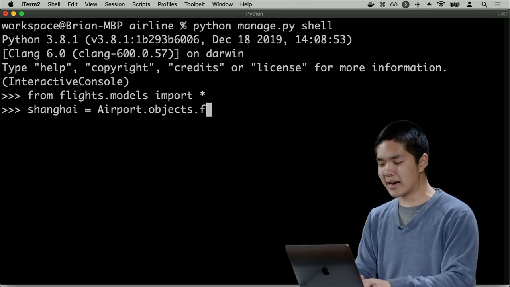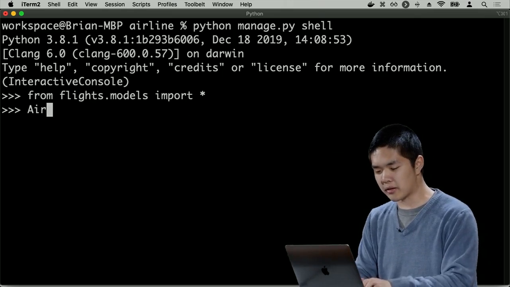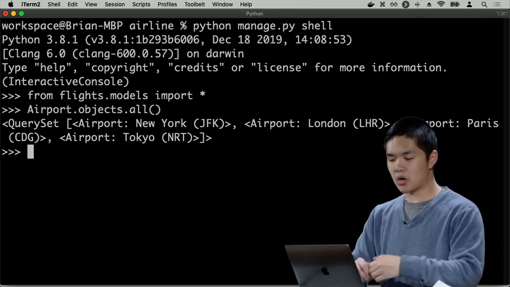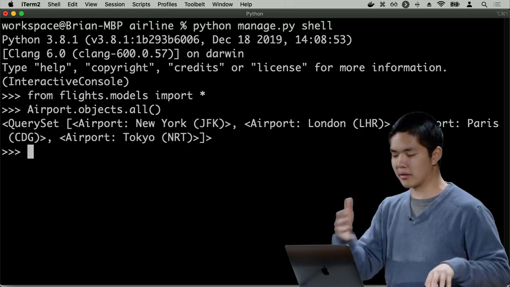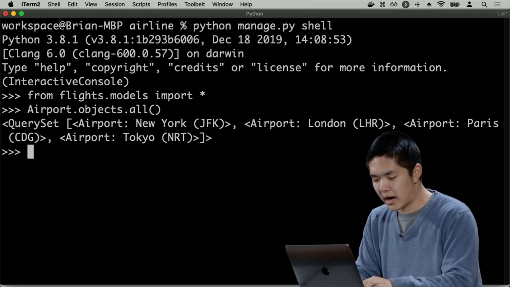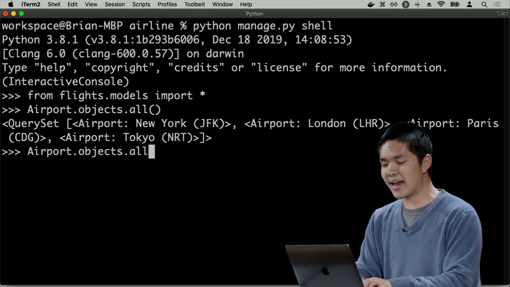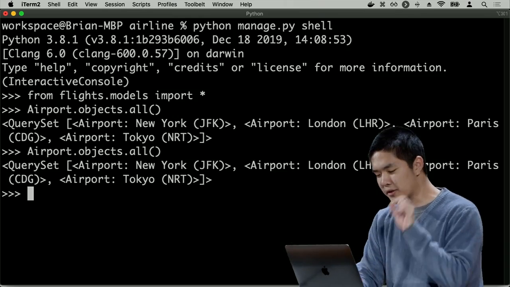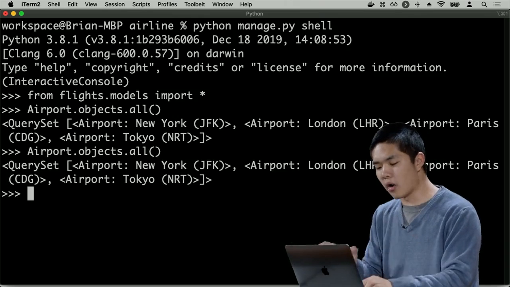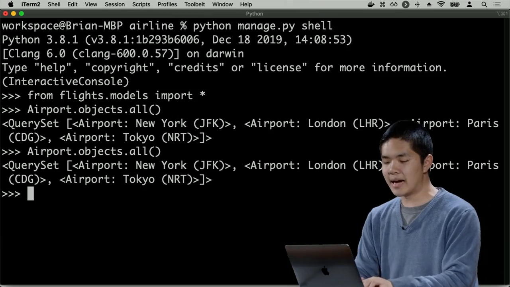and then I can say, if I do airport.objects.all, that gets me all of the airports, for example. Oh, and it seems I don't actually have a Shanghai one, but I could add one if I wanted to. But if I do airport.objects.all, that again gives me all of them. But if I want to filter my airports list, not get all of the airports, but just get some of them, I can say